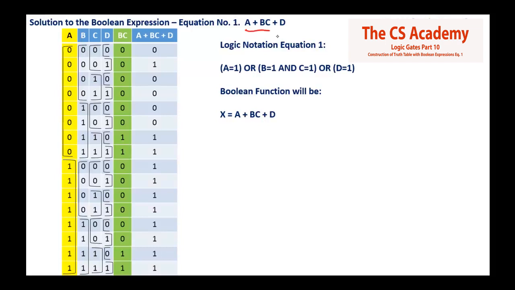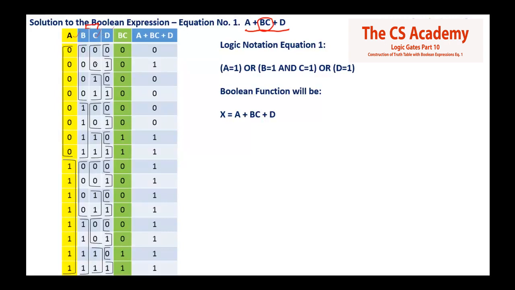So now here you are going to evaluate this equation. You are going to construct the truth table for A plus BC plus D. So first of all, A is filled, then B is filled, then C is filled, and for all the values you have calculated the 4 columns, and then now the operations are started, right? So now you can see A plus BC plus D. Now BC, you have to evaluate BC.